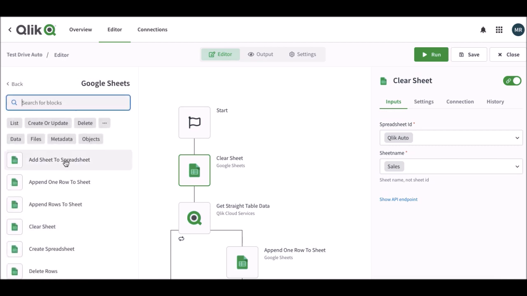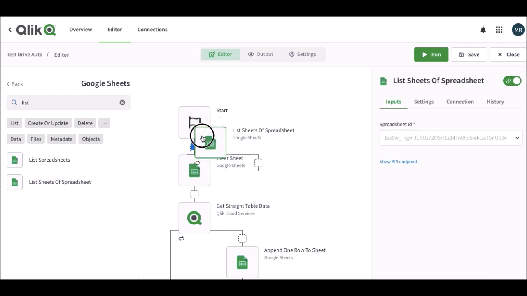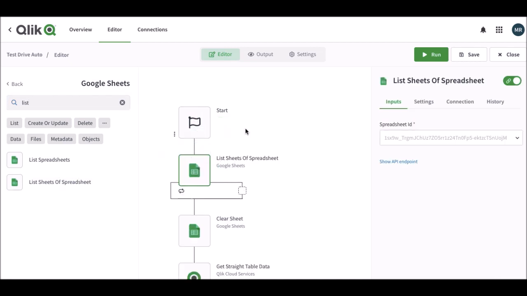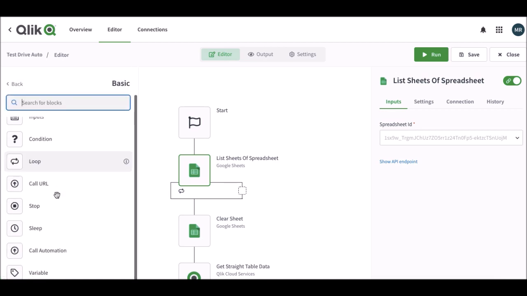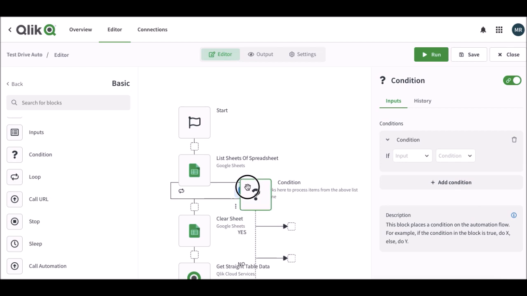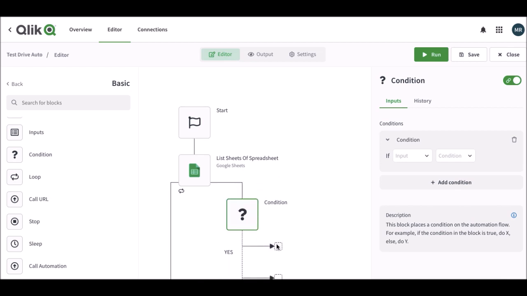Now the first step would be getting the list of the sheets here, and since it will be a list, it will be a loop. The next step would be deploying a condition from the basics. So I will check a condition. The condition would be